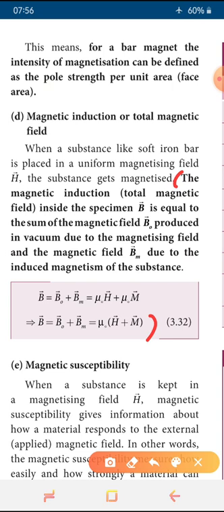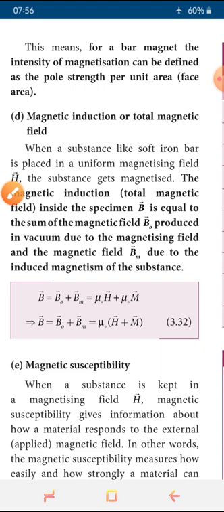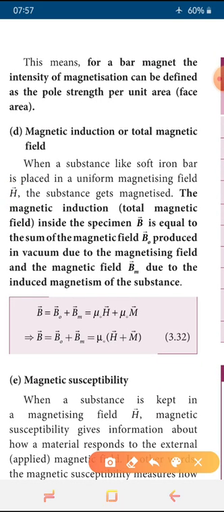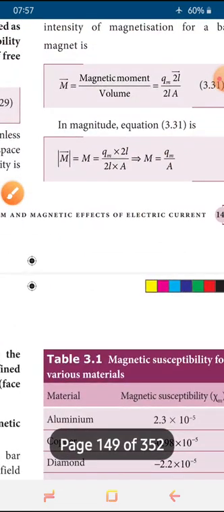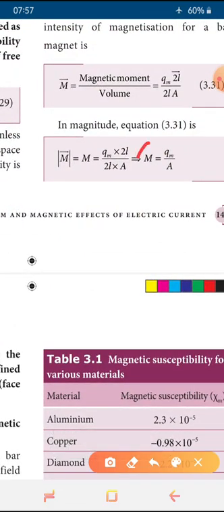And next one is, for a bar magnet, the intensity of magnetization can be defined as up to here. Okay, intensity of magnetization we can define with the formula. This is the statement, and for the formula you have to go to the previous page and see. M is equal to Qm divided by A. This is another 2-mark question. Understood? Have you marked in your book? Yes, good.